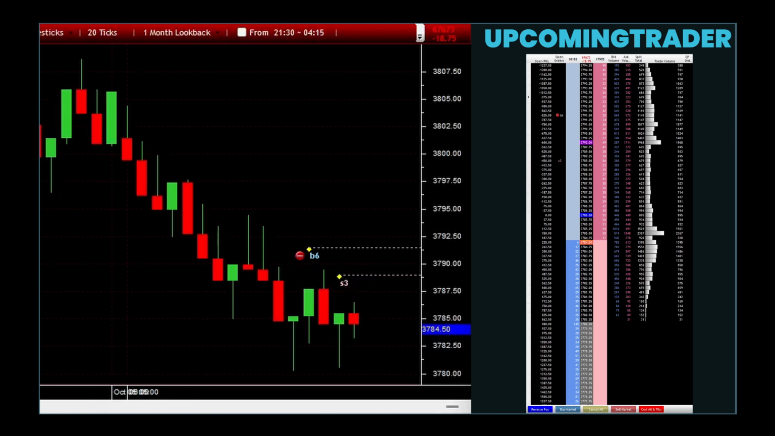For the falling three methods pattern to be considered valid, it must appear within the context of a pre-existing downtrend. The pattern is a reflection of a brief consolidation phase within a larger bearish trend. Its appearance after a period of sustained downward movement indicates that the market may be taking a breath before resuming the primary trend. This continuity of the bearish trend before and after the pattern serves as a strong validation of